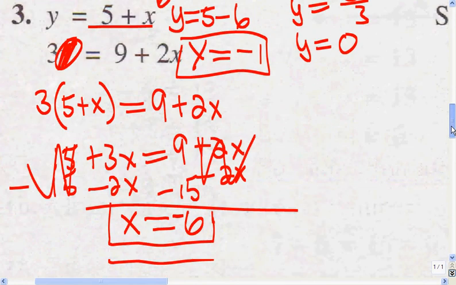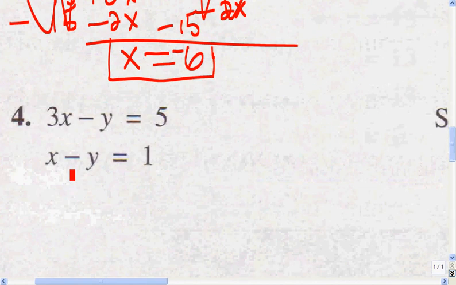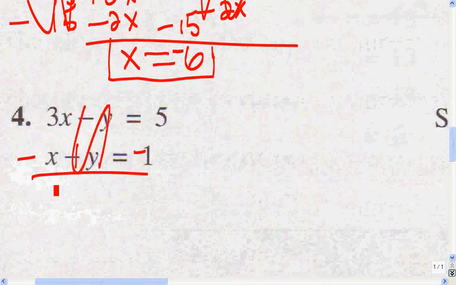Let's do the next one. Here I'm going to use addition. I'm going to change this to negative, this one to positive, this one to negative, so I could have different signs. These are going to cancel out. 3x minus